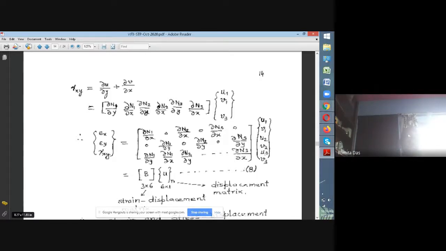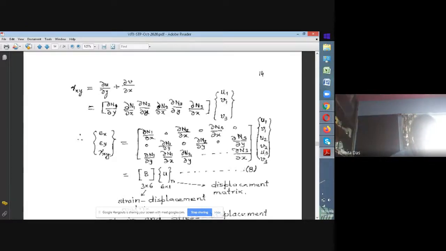If the situation demands that you have a linear variation in the field, then better to go for a linear element. And if it is cubic, you must go for a cubic element. That's the way it is. So one has to actually test what sort of field variation the variable has. Accordingly, decide the element, and that will give you the way to tackle the problem. Okay, sir, that's it.